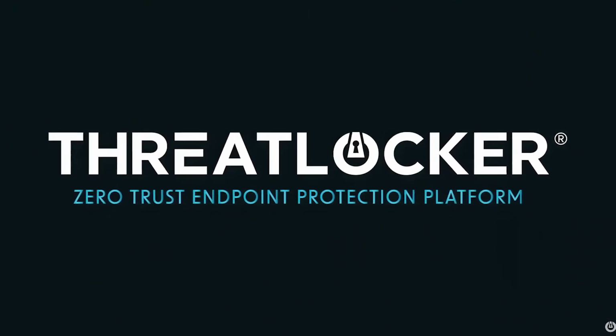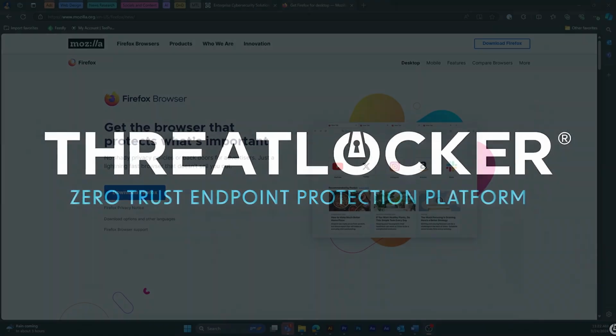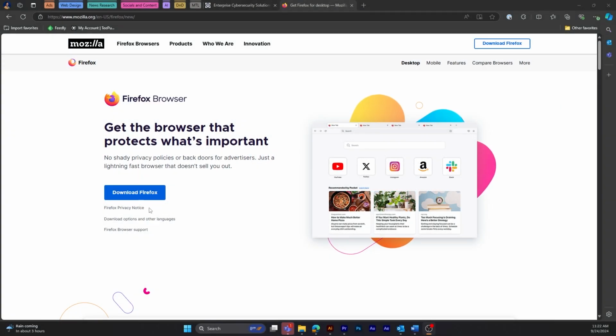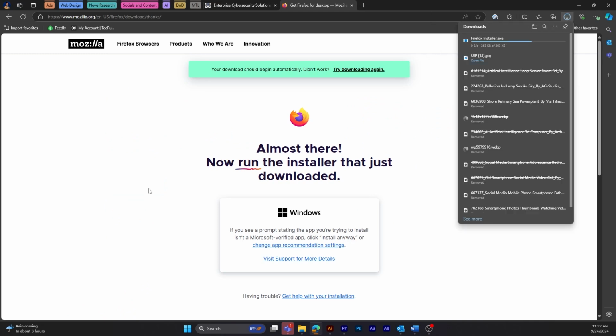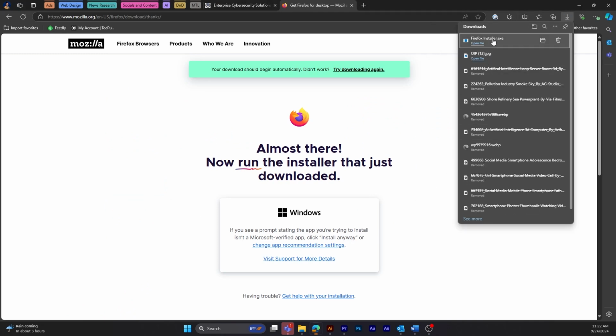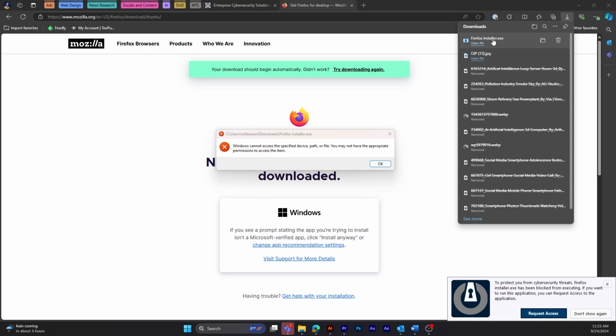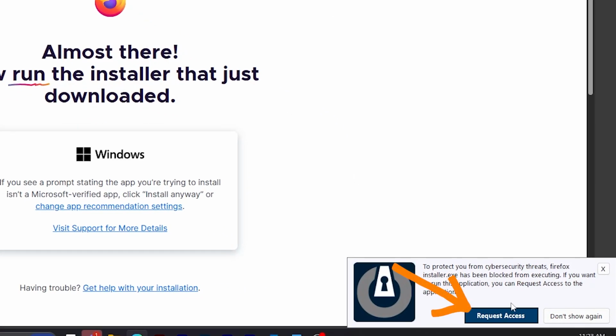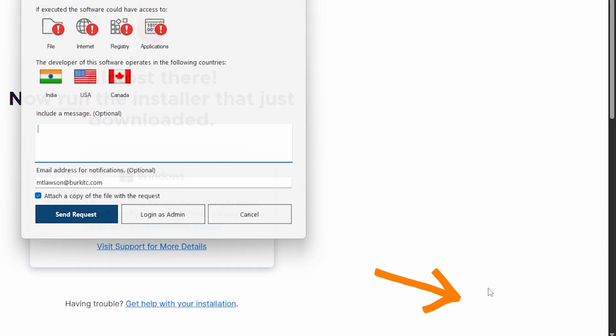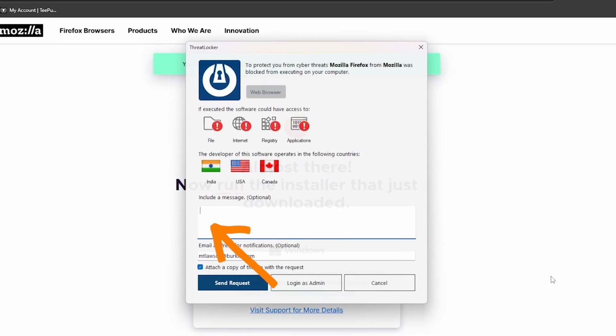Once ThreatLocker has been deployed on your computer, each time you run a new piece of software, it will be automatically blocked by ThreatLocker, and you will receive a pop-up like this. As long as the software you're looking to run is work-related and safe, simply request access here and explain why you're looking to run this software in the box here. Be sure to check that your email is filled out here if you want to be notified about the status